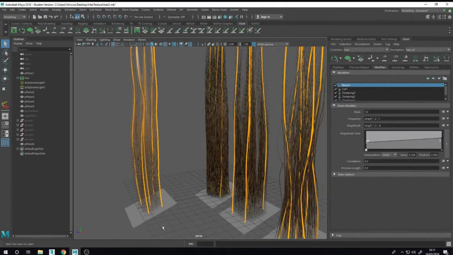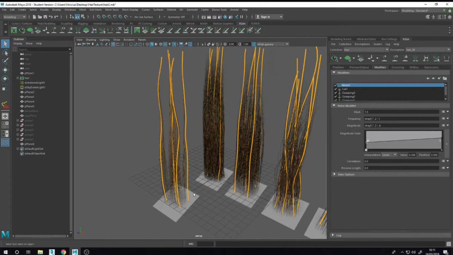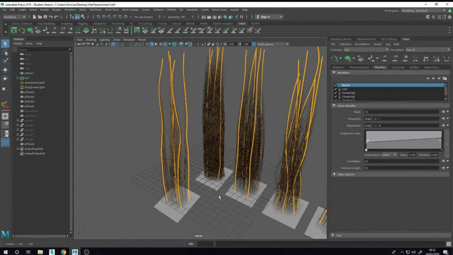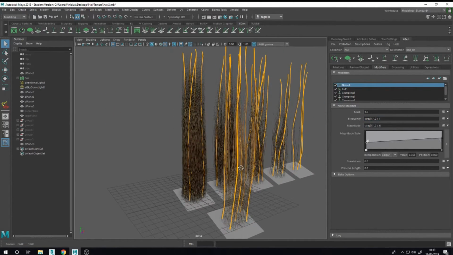I want to do this because you get the point. But feel free to mess with the values, like the noise here, more noise.